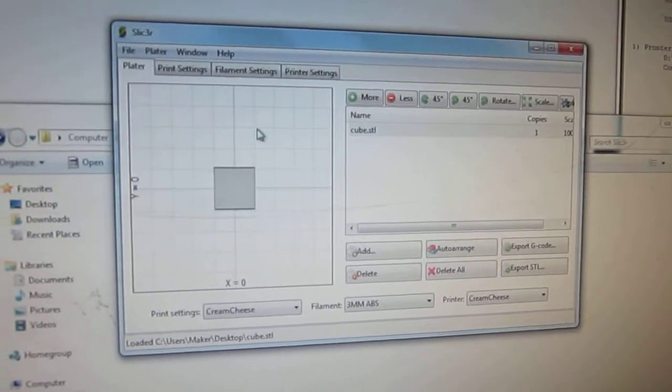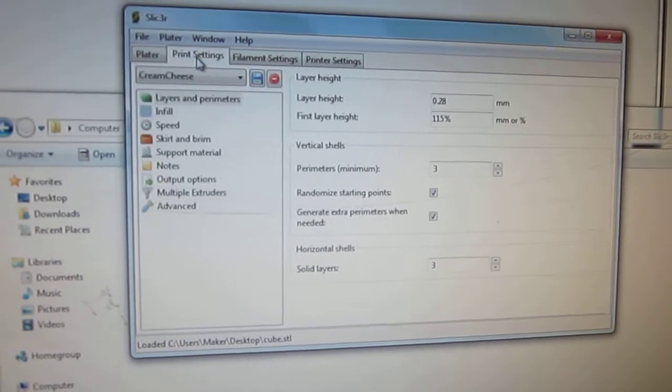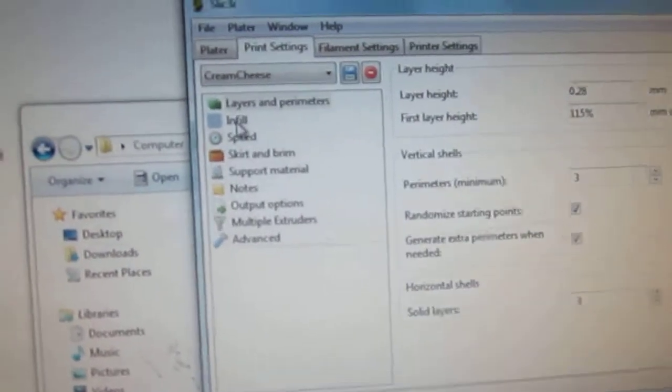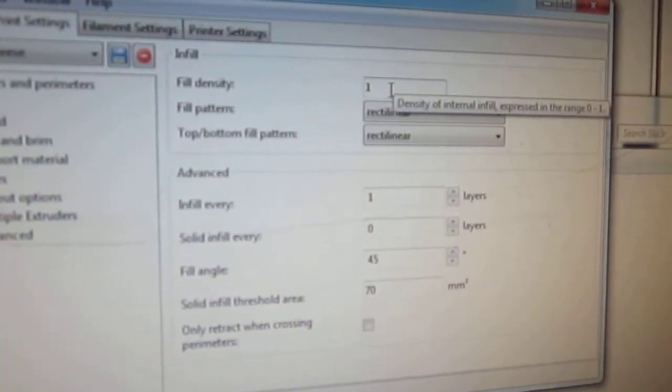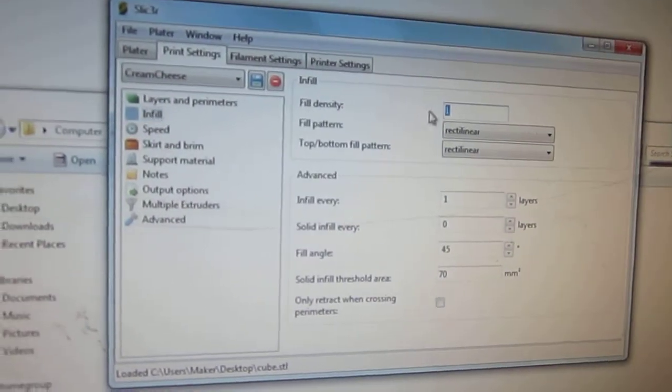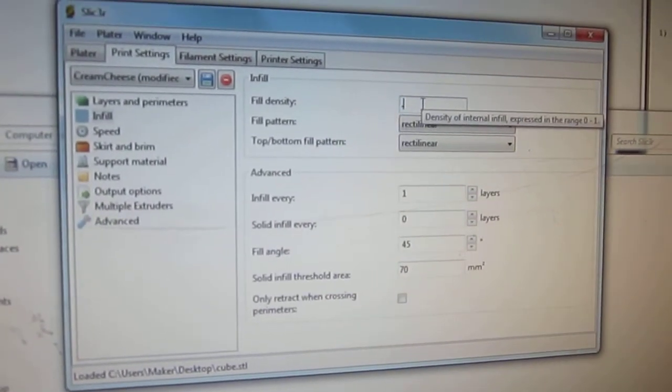We're going to modify one or two items in the print settings option. You've got a bunch of different layers. The most important one that we want is infill. Right now we've got fill density of 1. That's 100%. For most things, if you don't need it to be really structurally sound, 100% infill is unnecessary. I'm going to go for 15%, so